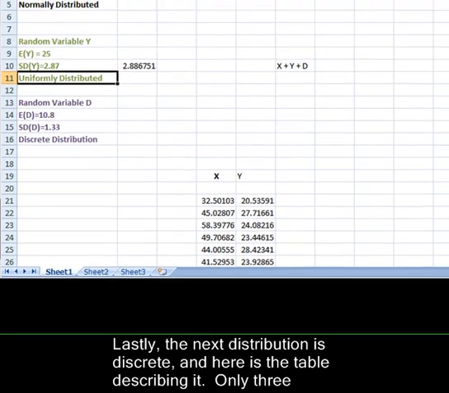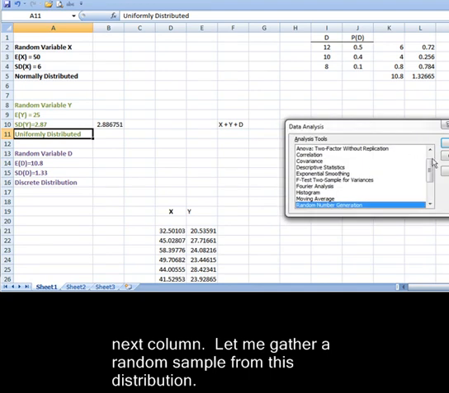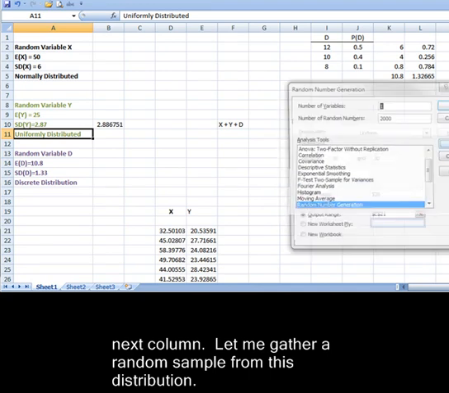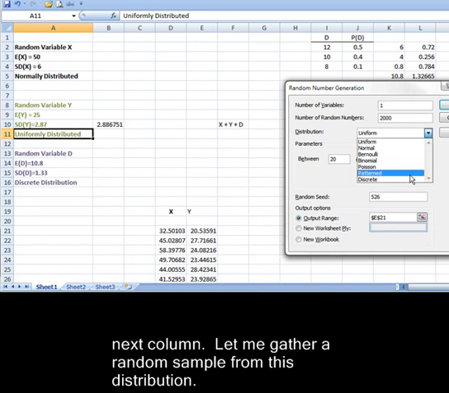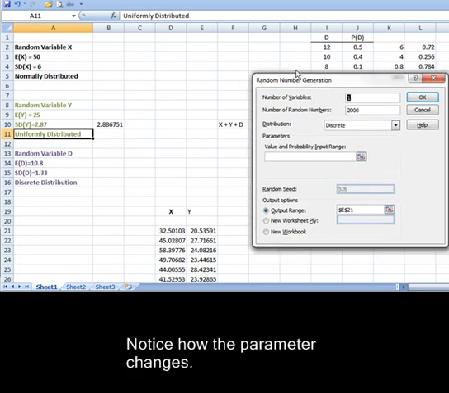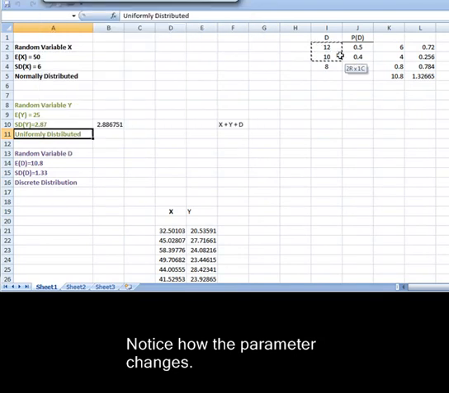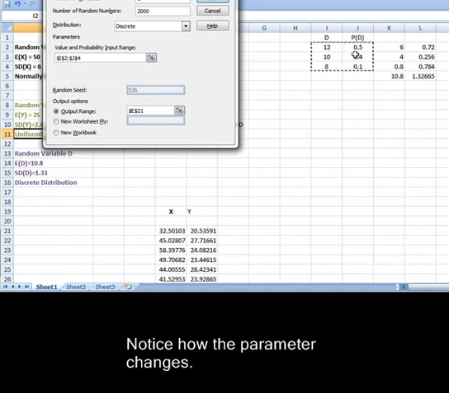And here's a table describing it: there's only 3 numbers that are possible: 12, 10, and 8. Nothing else is possible. And these are the chances of these numbers. So now let me gather a random sample from this distribution. Again, notice how the parameter changes. What it wants here are these numbers. The first column will be the actual values. The second column contains the probability. Again, I'm going to go to random seed to select